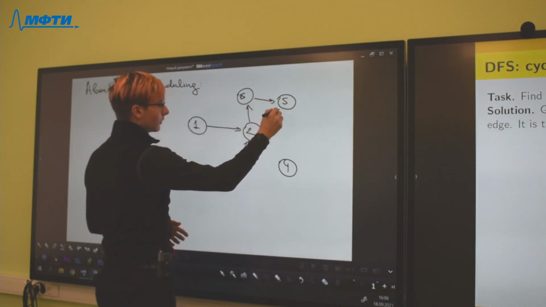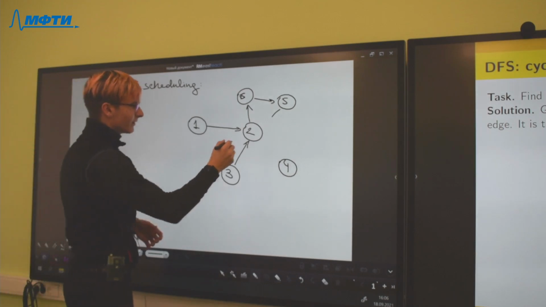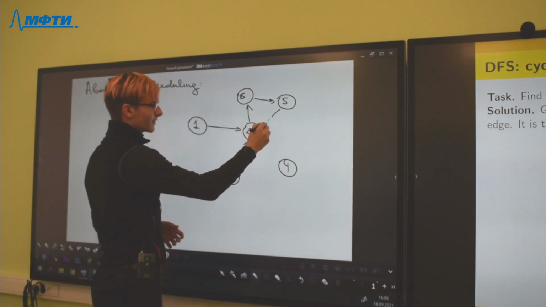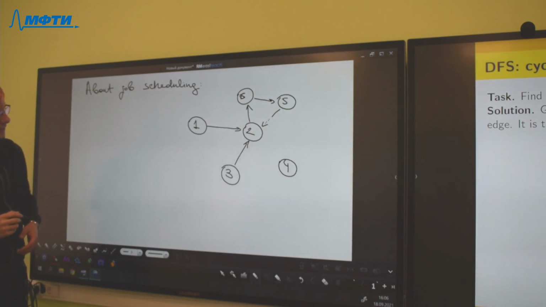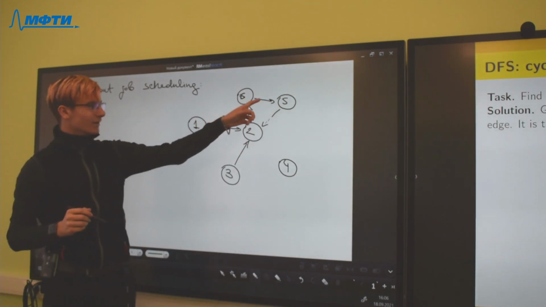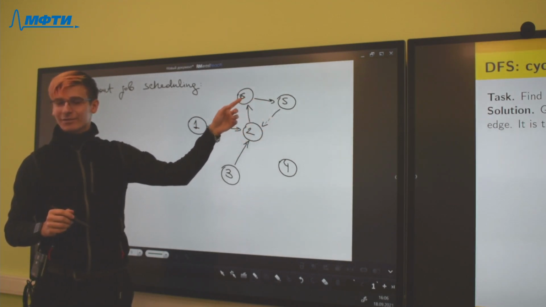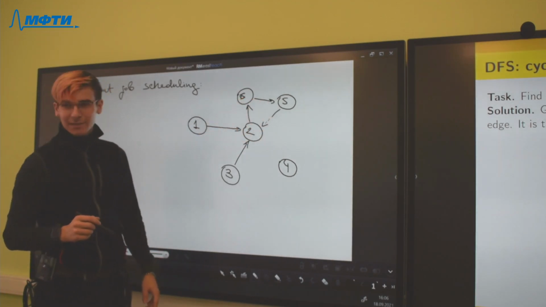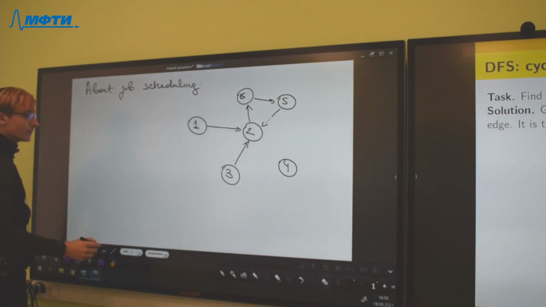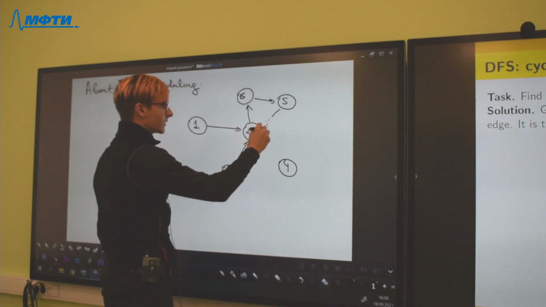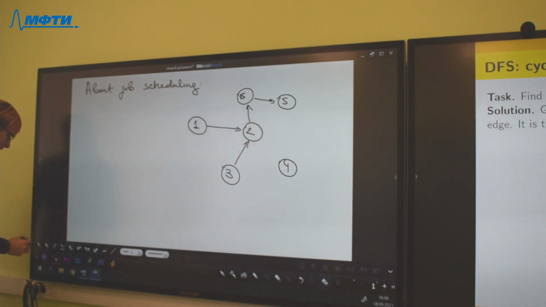Of course, we try to avoid cycles because we cannot solve cyclic tasks without doing them at the same time. So we assume that this graph has no directed cycles.